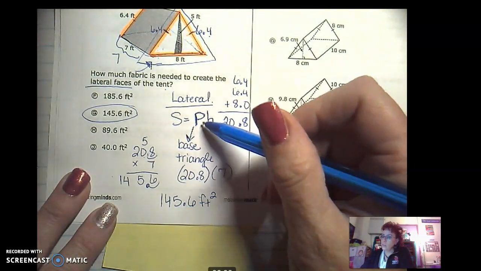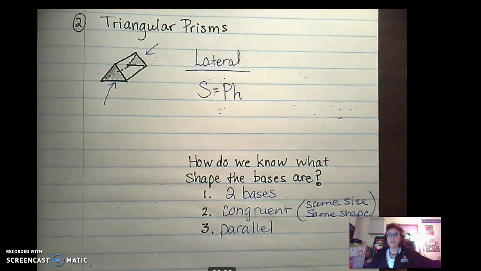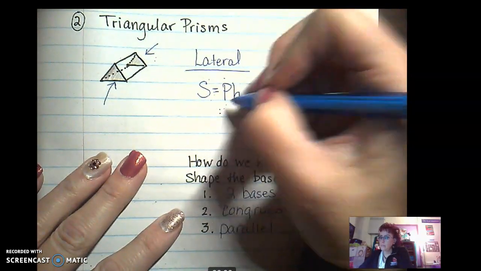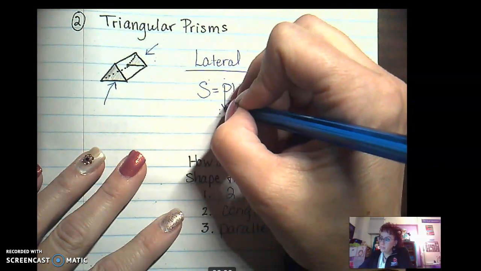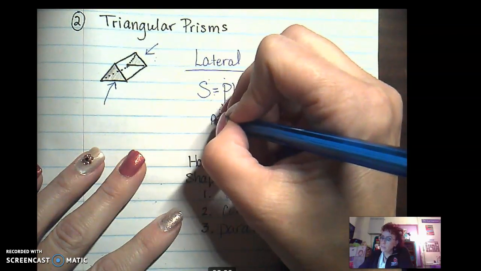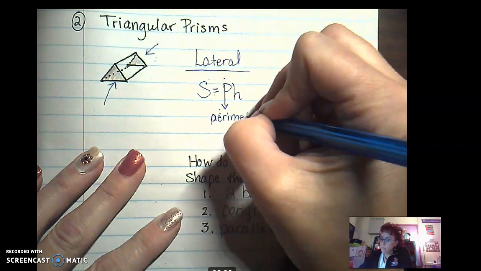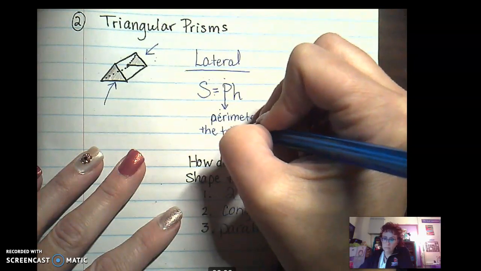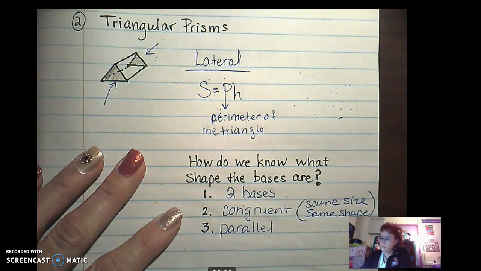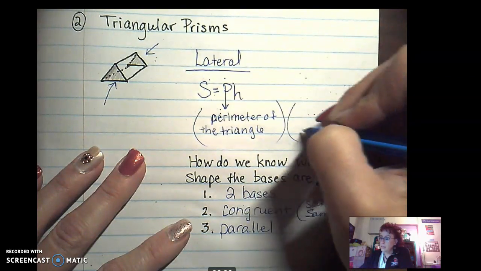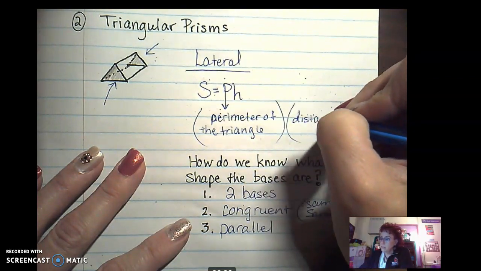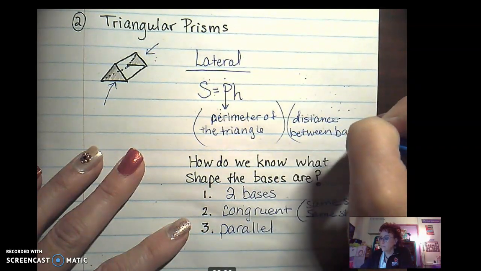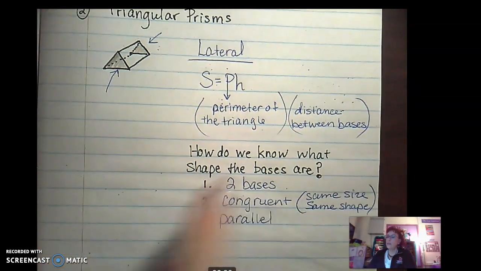Okay, so remember, understanding what the variables are, that's really going to help you. Okay, so area, remember, capital P. So this would be the perimeter of the triangle, perimeter of the triangle multiplied by the distance between the bases. And there you go. So if I'm doing